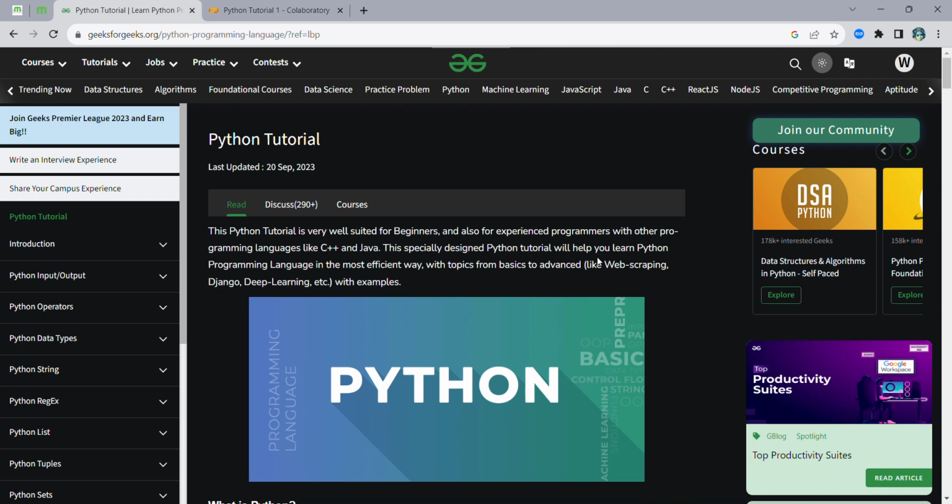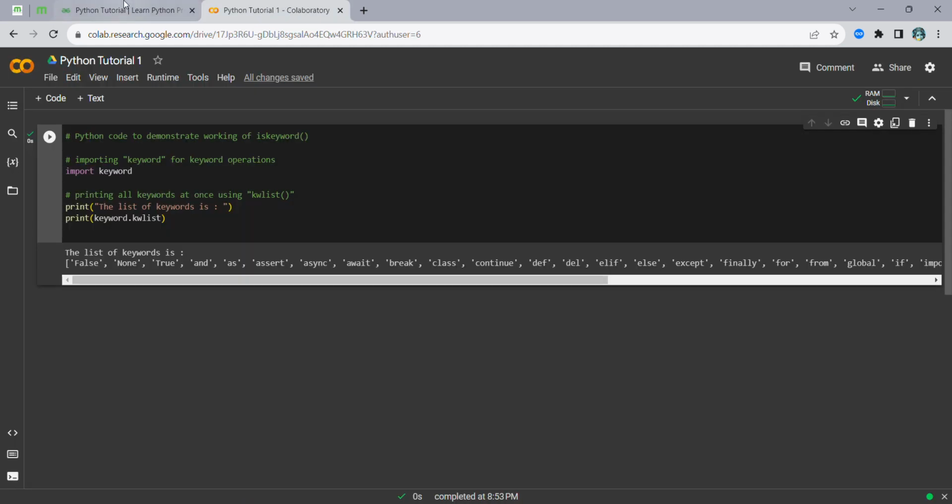From today onwards, we are going to start the Python programming series as well. We will be using the GeeksforGeeks platform for this tutorial, and we will do the coding part using Google Colaboratory. It is free to use and has 12.68 GB of RAM and 107.72 GB of disk, which is sufficient if you want to run heavy programming. Not on your own system, but on Google's cloud platform.